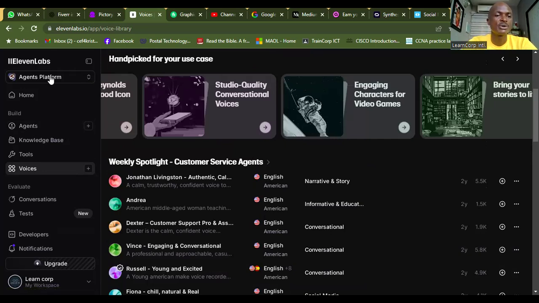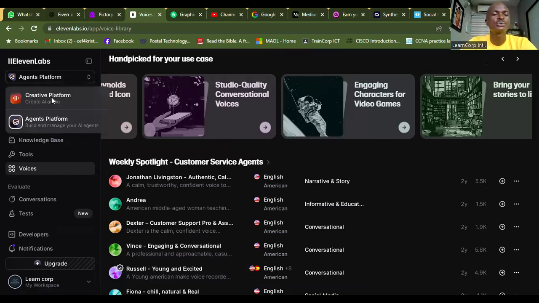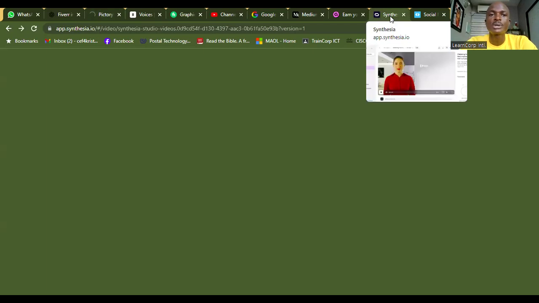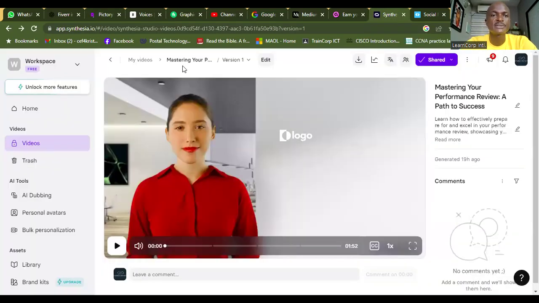So we may not use this right now, but I used a tool which worked, and let's go there straight. Okay, so let's go to synthesizers. So this is synthesizers, okay?